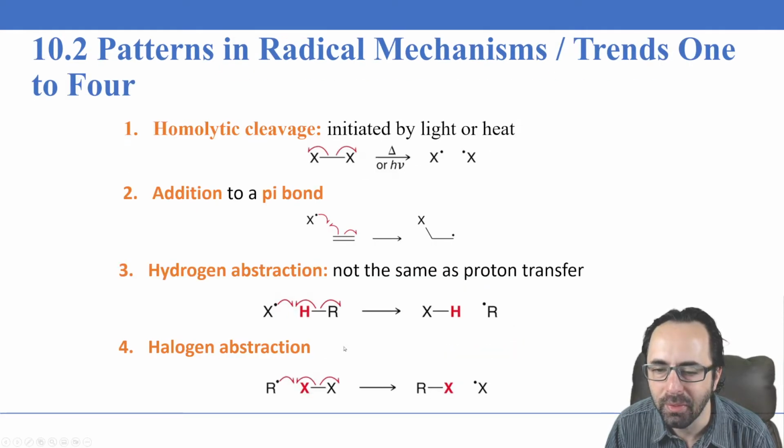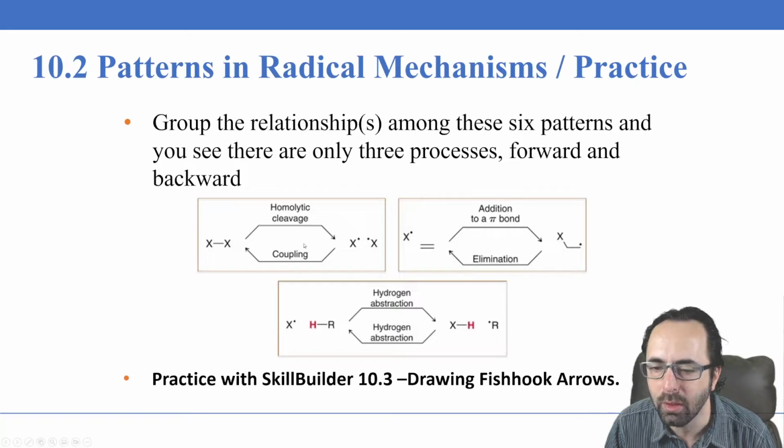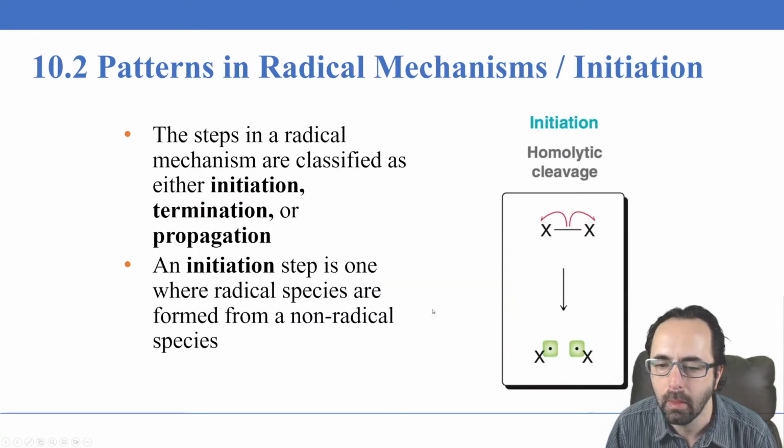But that's just a way for you to organize this, especially with these guys right here, which are clearly opposites of one another. So that's a way to organize this in your mind. Hydrogen abstraction versus hydrogen abstraction. This is two ways. What's not mentioned is the halogen abstraction, so it's not a perfect analogy, but definitely these work very well. So I would chunk these in your mind as two things rather than six things. That makes things a little bit easier. Or two things, these two rather than four, I mean. Okay. So let's take a look at each of these steps